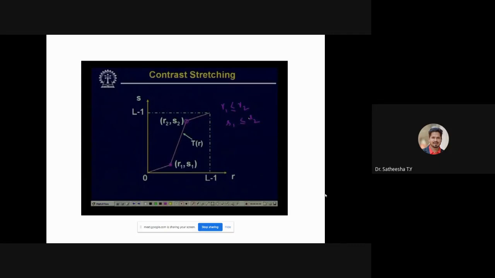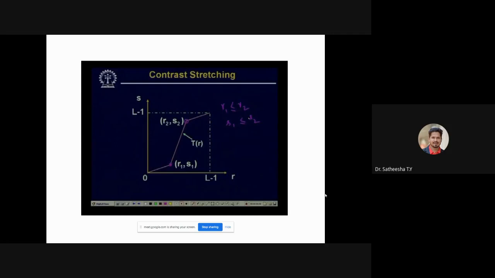That is, a point which is dark in the original image will remain dark in the processed image. I'll repeat once again. A point which is dark in the original image will remain darker in the processed image, and a point which is brighter in the original image will remain brighter in the processed image.